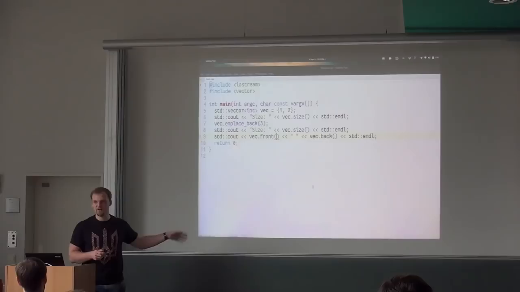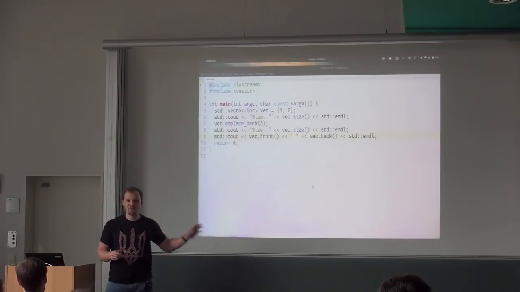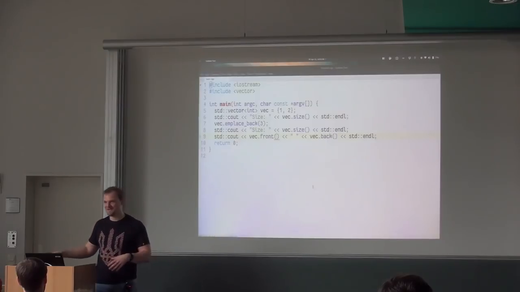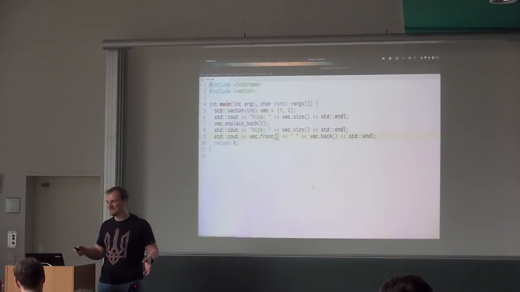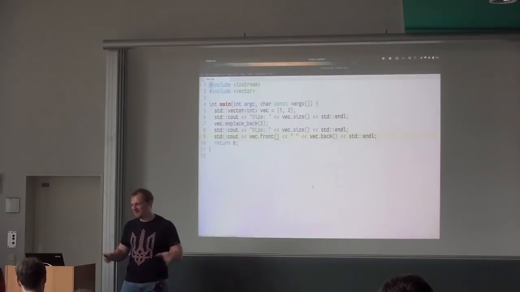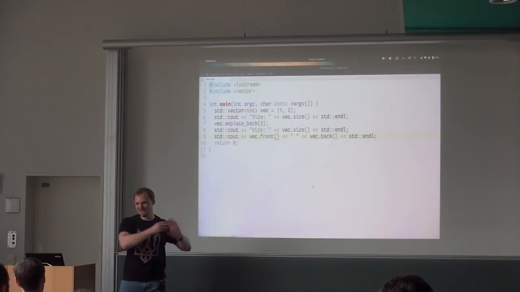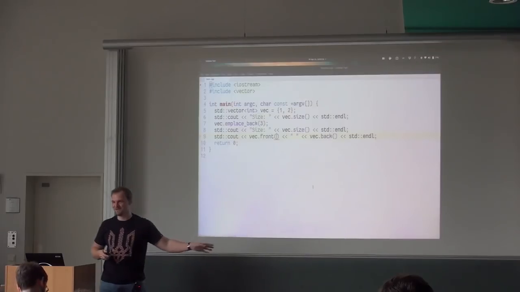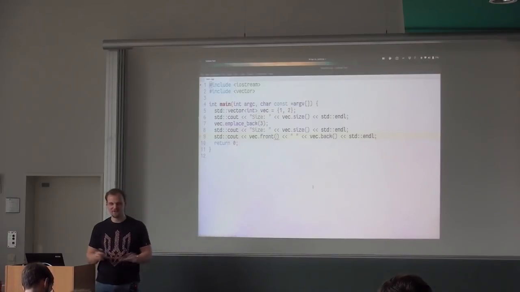I'm just printing the first and the last one because for now we don't know how to go over all elements in the vector. We will get to that in this lecture. But for now, it's just the first and the last element. I'm just saying that we add something to it. The 2 is still there. The size of the vector is 3 in this situation. Sorry if that was confusing. Okay. More questions?